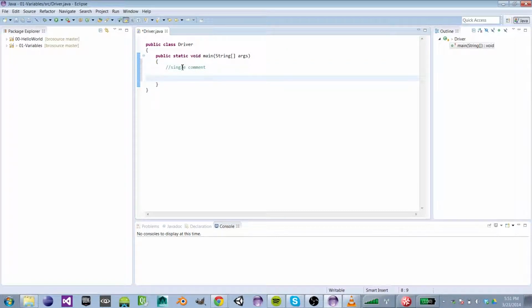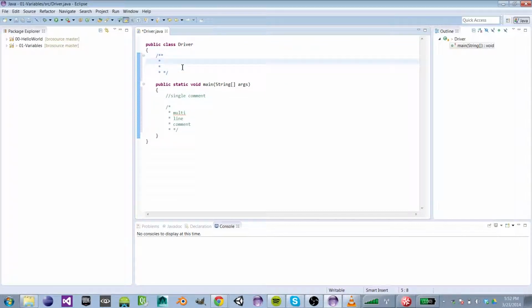You have your block style comment that has two forward slashes and two asterisks between it. And this can span multiple lines, so multi-line comment. And finally, we have our documentation style comments that have three asterisks between them. If you move your cursor before the last one and press enter, as you can see, they're blue. So documentation style comments are more or less for writing comments about your methods and your classes and things like that to later export to an XML document. We'll get into that later, but for right now, let's go back to primitive data types and